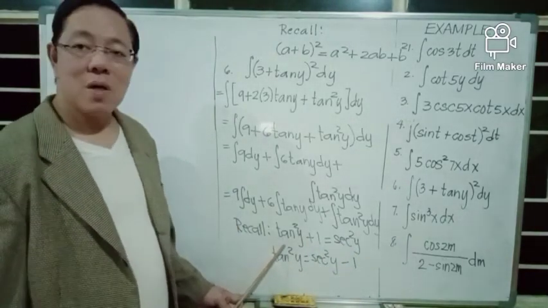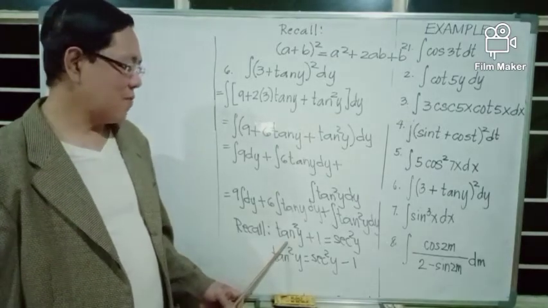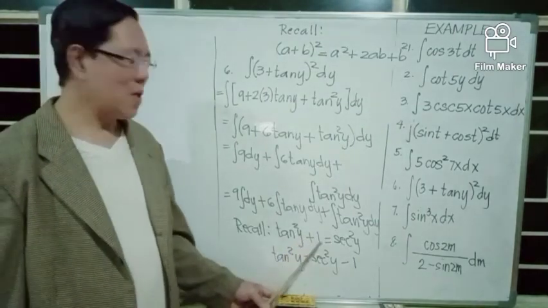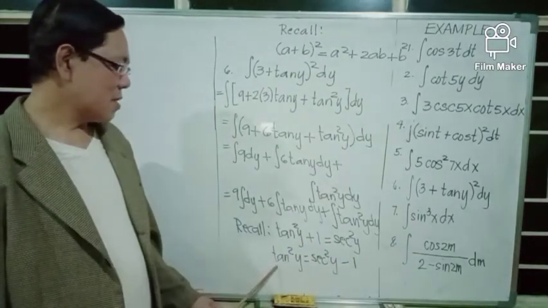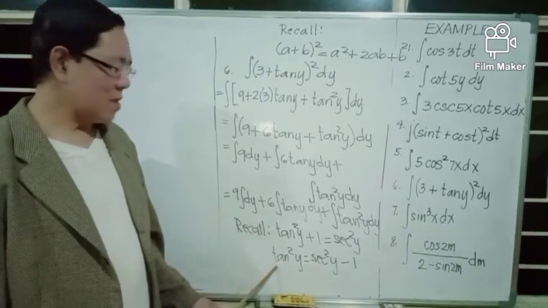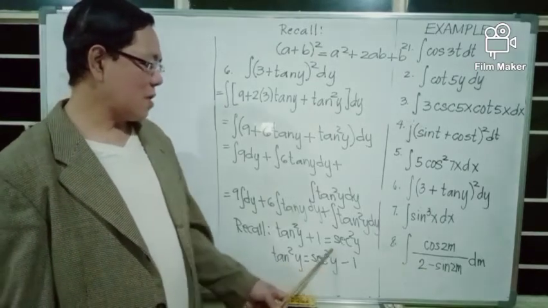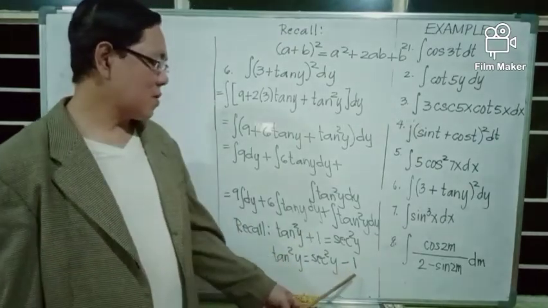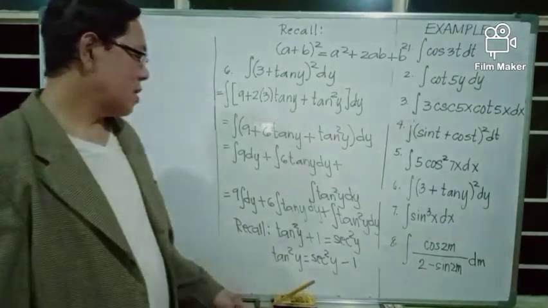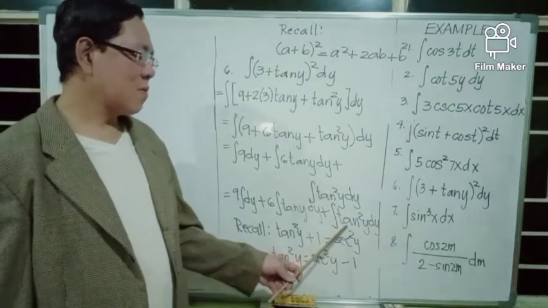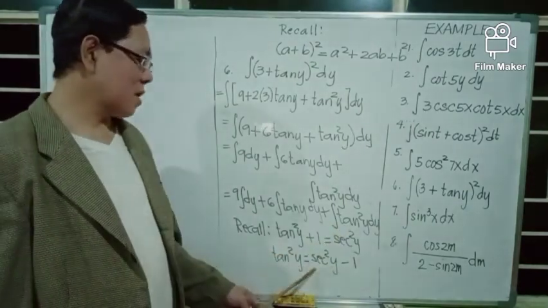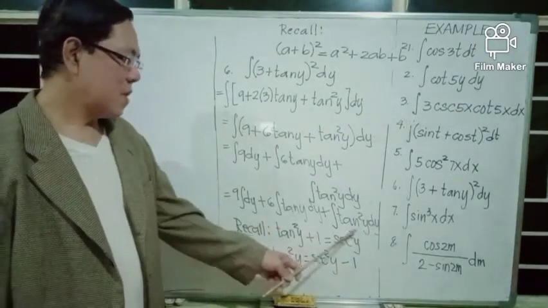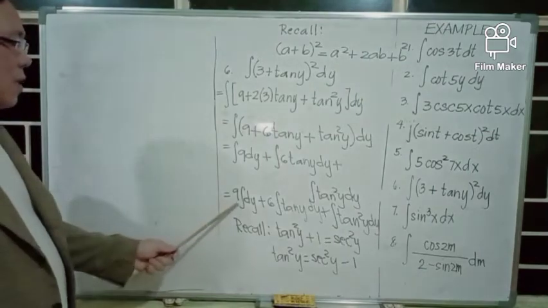But we have to solve for the square of tangent y from this trigonometric identity by transposing 1 to the other side. Hence, if we do that, we get the square of tangent y equals secant squared y. Transpose positive 1 to the other side, we have minus 1. And in the last integral, we replace tangent squared y with secant squared y minus 1. Now this is equal to